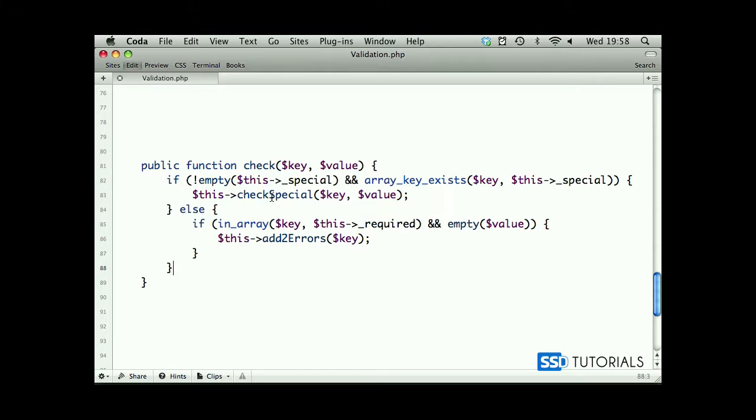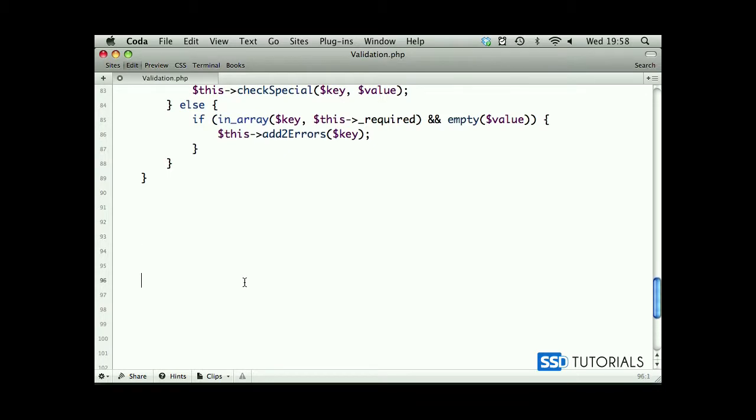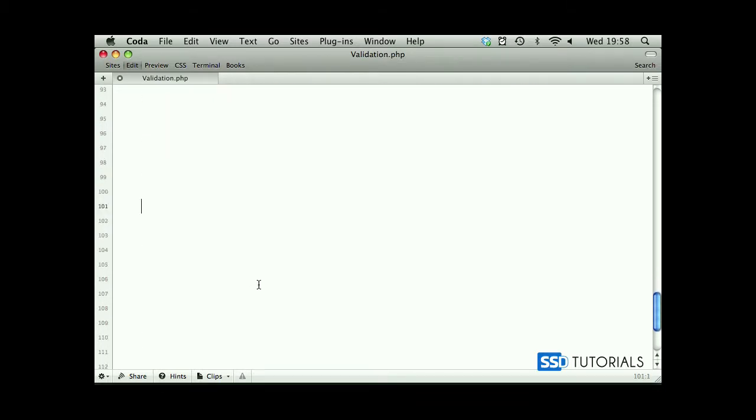Now we are going to have a look at the checkSpecial method. So after our check method, if we create another few lines and we start with public function checkSpecial, and we are passing two parameters again, key and value. Now we are going to be using a switch statement. So switch, and we are going to be passing this